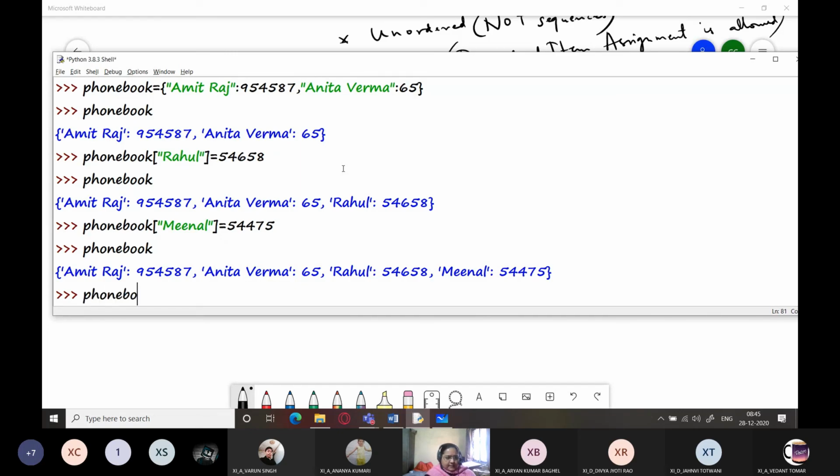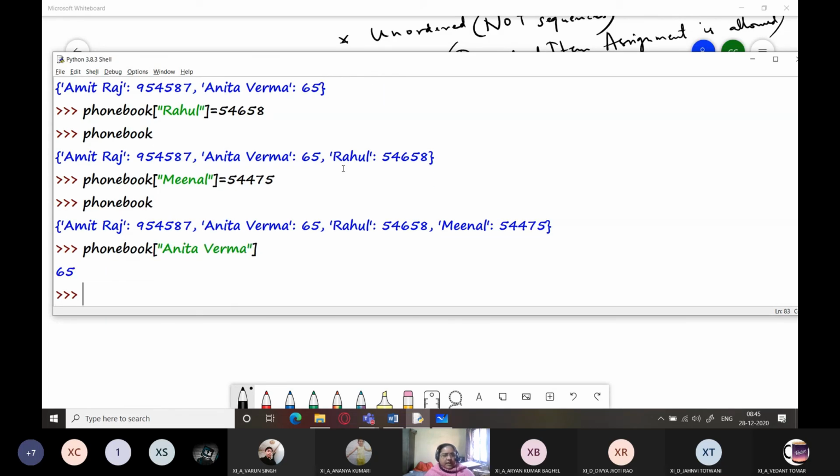If you want to access any value, you have to use its key. Press enter and you will get the value. So you use the key to access the value within the dictionary, which corresponds to that particular key.